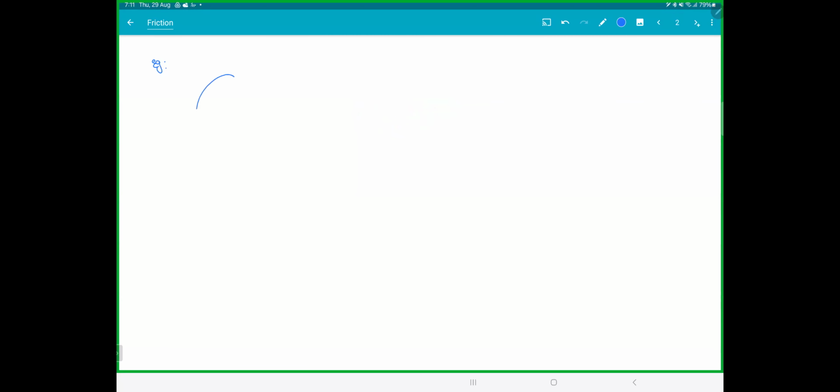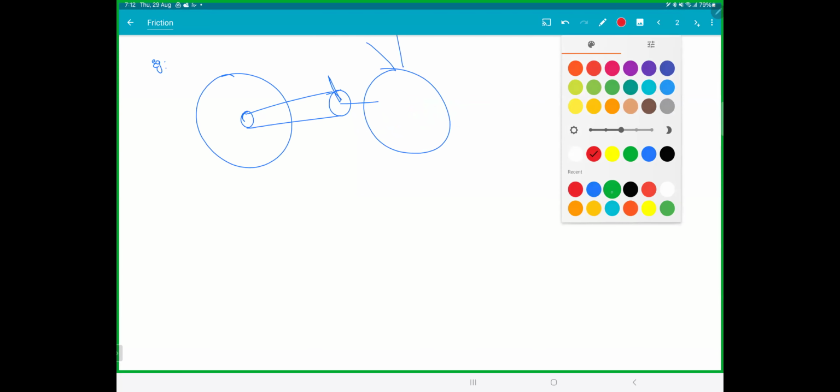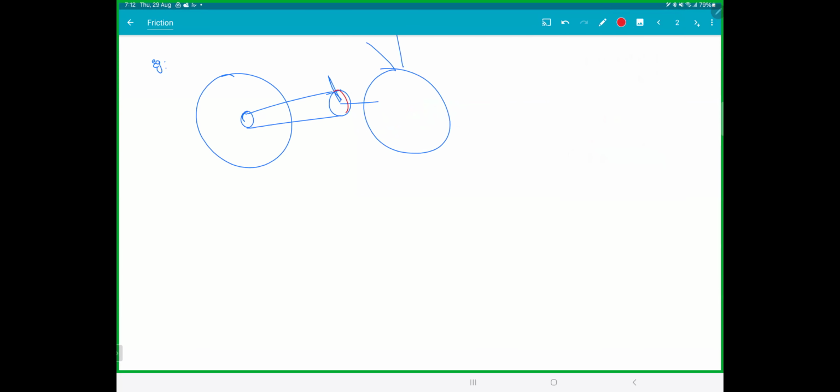So if you think about this, if you have a cycle, this is your pedal, whatever. And then you have your front wheel connected to this. I'll just leave it like this. Now see what you're trying to do. When you're pedaling the cycle, what are you doing exactly? You are trying to rotate the wheel, isn't it? The back wheel is trying to rotate. That means if you look at this point here, this point is trying to go back,